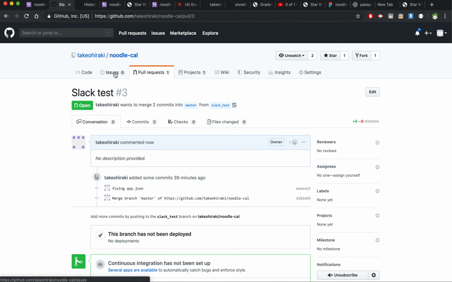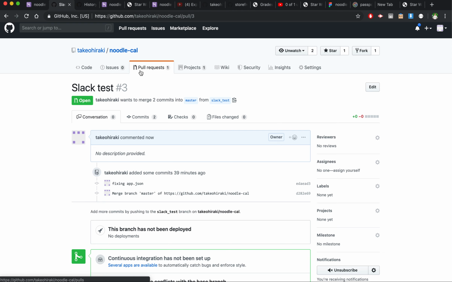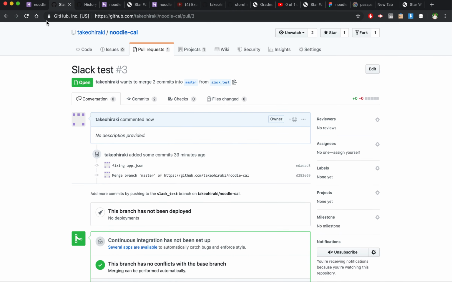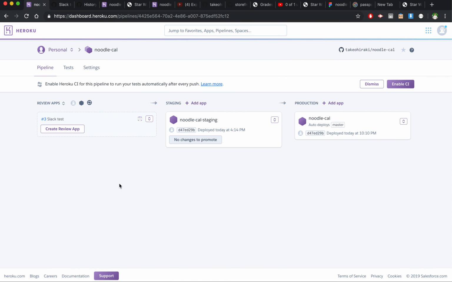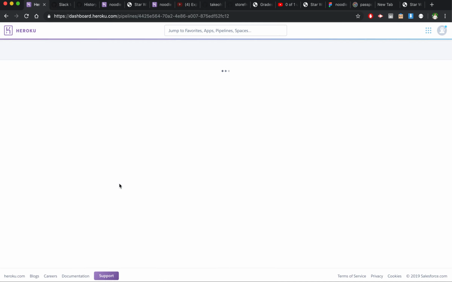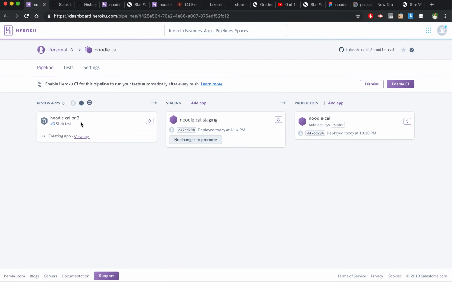Cool. And so we can see that we have one new PR here. And if we go over here and I just refresh this, I would expect to see a change on the left side of the pipeline in the test app area. Cool. So we can see that it created noodle cow PR3, and we can see that it's actually generating the app. You can even see the logs as it's